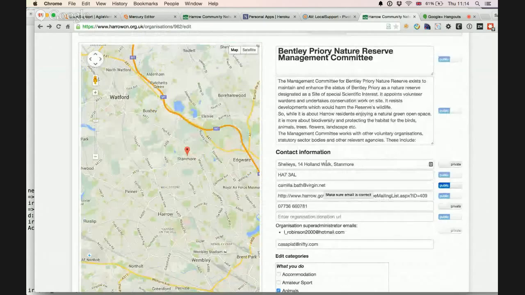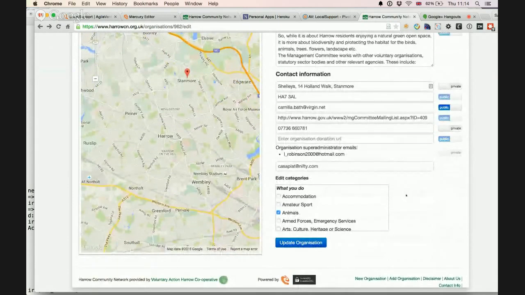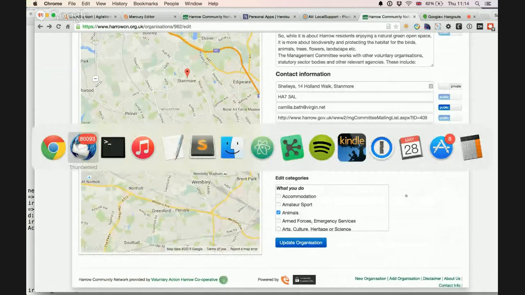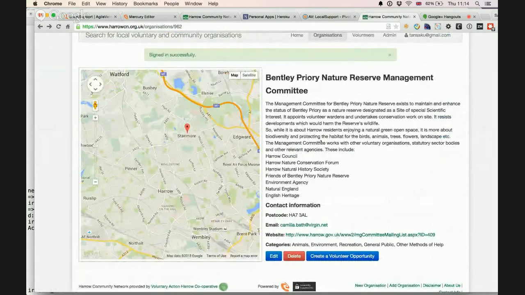Right. And so at that point they emailed you and said, "Oh, I can't edit it." Then I had a request from Mel Robinson saying, "I want access," the usual. So that suggests that that person clicked the "This is my organization" button. Okay, so they've done that without my instructions, which is good. It means that they got to this point and didn't have the edit button, and they correctly interpreted what to do in that situation, which is nice.